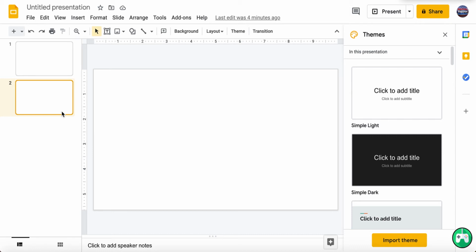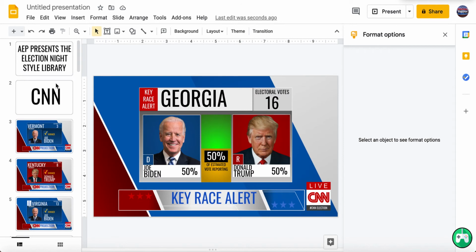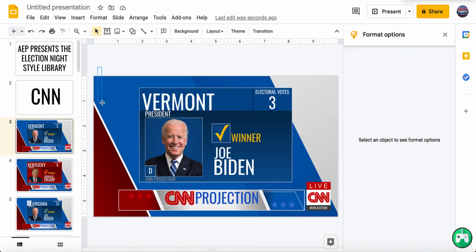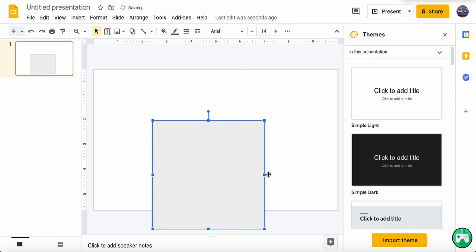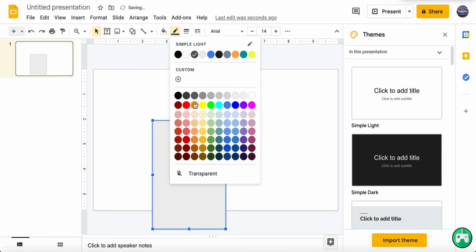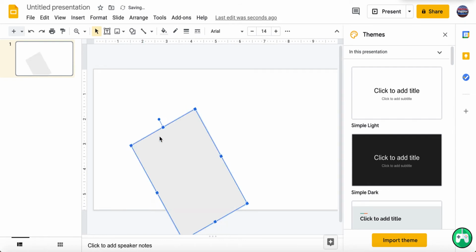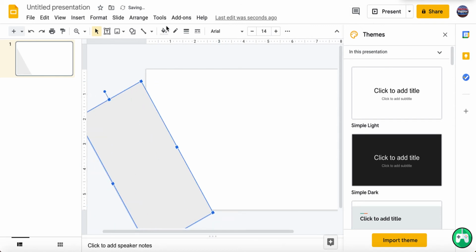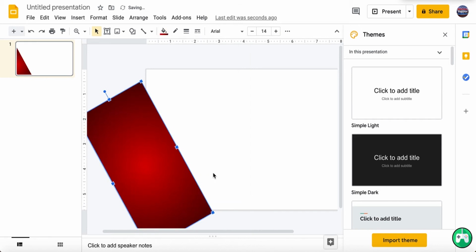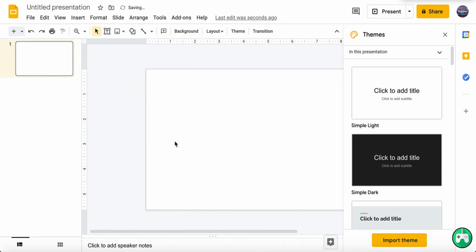I'm just gonna be doing the CNN theme and giving you what you need to do, and I could also do the basic NBC theme. So for the CNN theme, the first thing you need to do is the background. I'm not going to do this entire process, but what I did was get a box, put it at an angle, and adjust the size to my liking, made it a gradient, and then I went to present and screenshotted it.